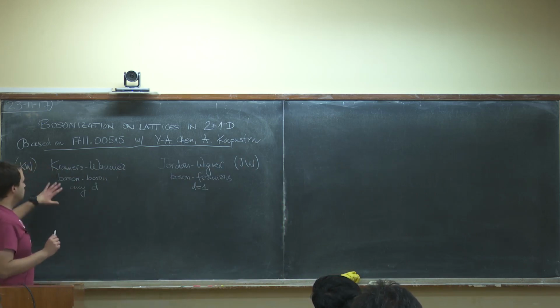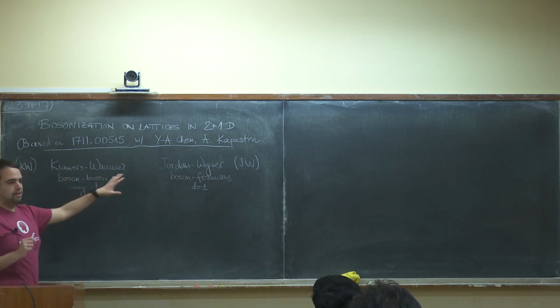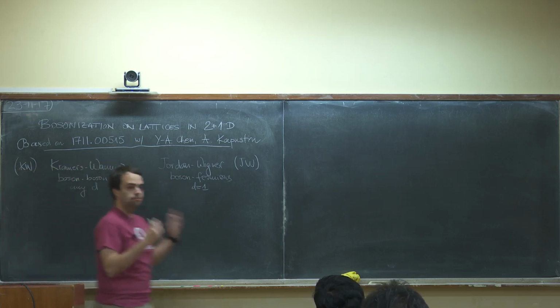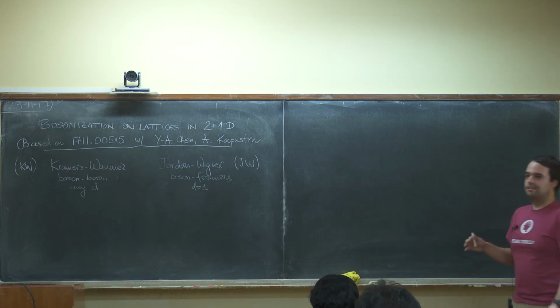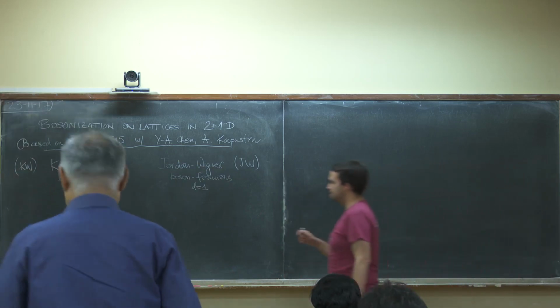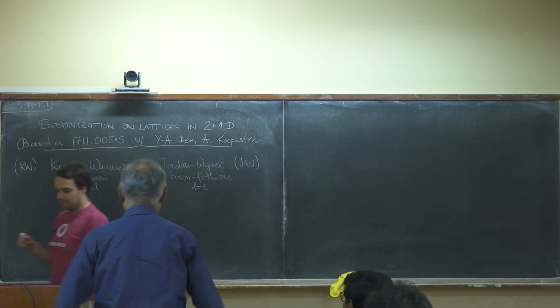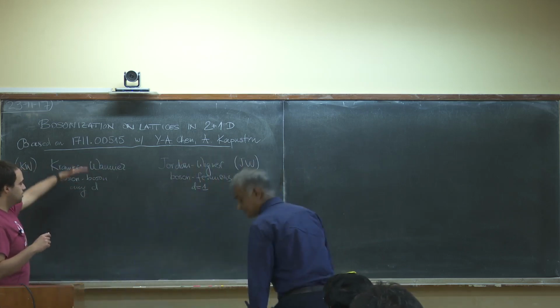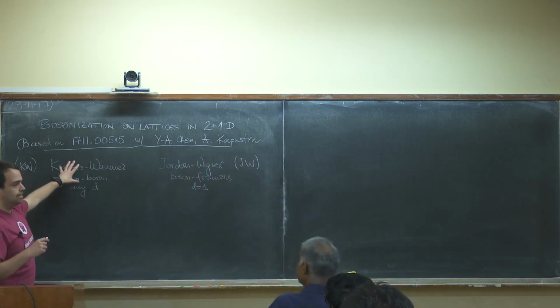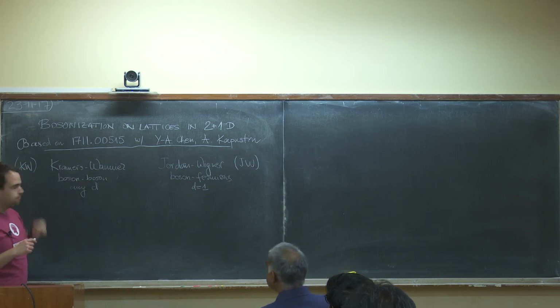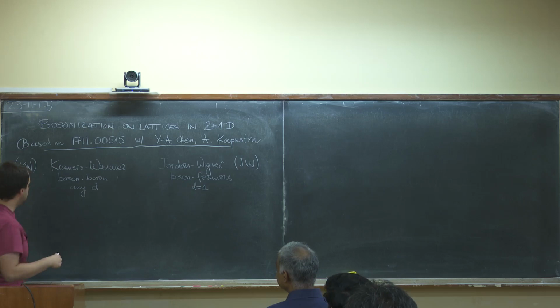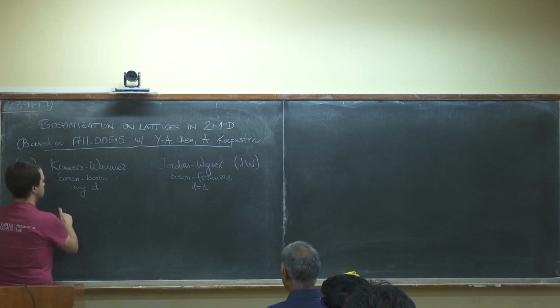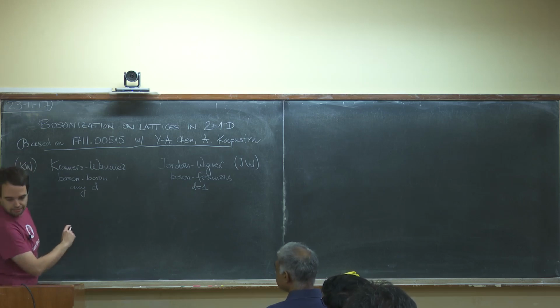And then both of these dualities have avatars in the continuum case. The connection may not necessarily be well established in all cases, but I'm going to say that these are both lattice examples of much fancier continuum dualities. And let's see. So on the side of Kramers-Wannier, you can call this